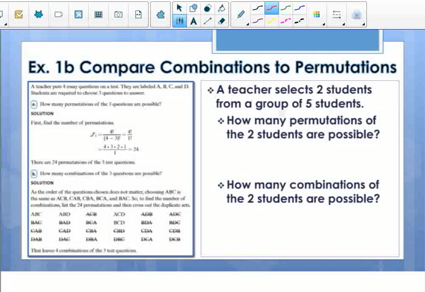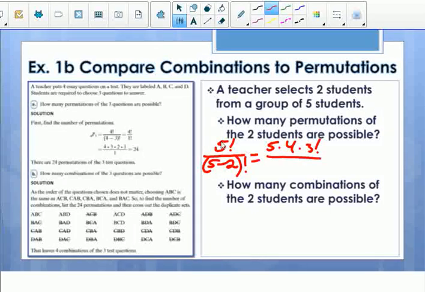Those have to be eliminated. So here, how many permutations of the 2 students are possible? A teacher selects 2 students from a group of 5 students. So 5 factorial divided by 5 minus 2 factorial, which is 5 times 4 times 3 factorial. The denominator is 3 factorial. 3 factorials cancel out, so that gives us 20 permutations, 20 possible outcomes that the teacher can select a group